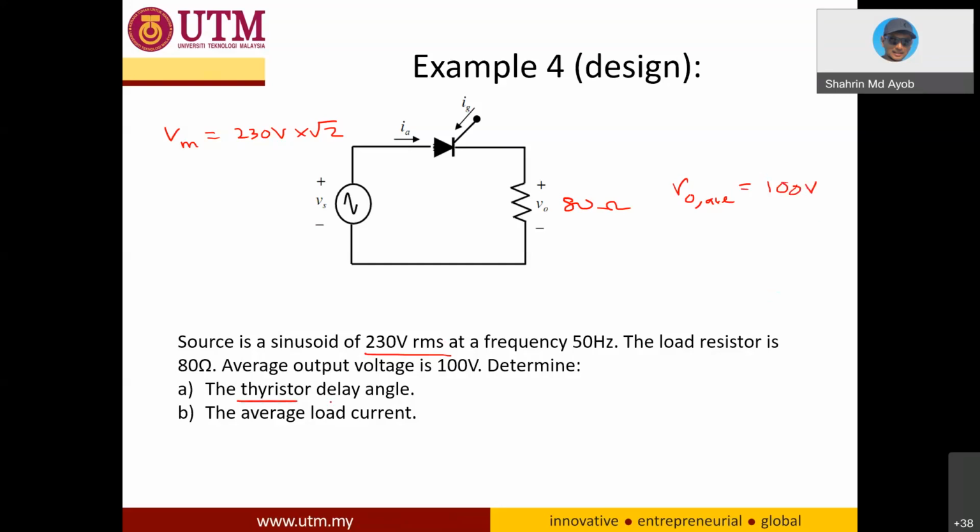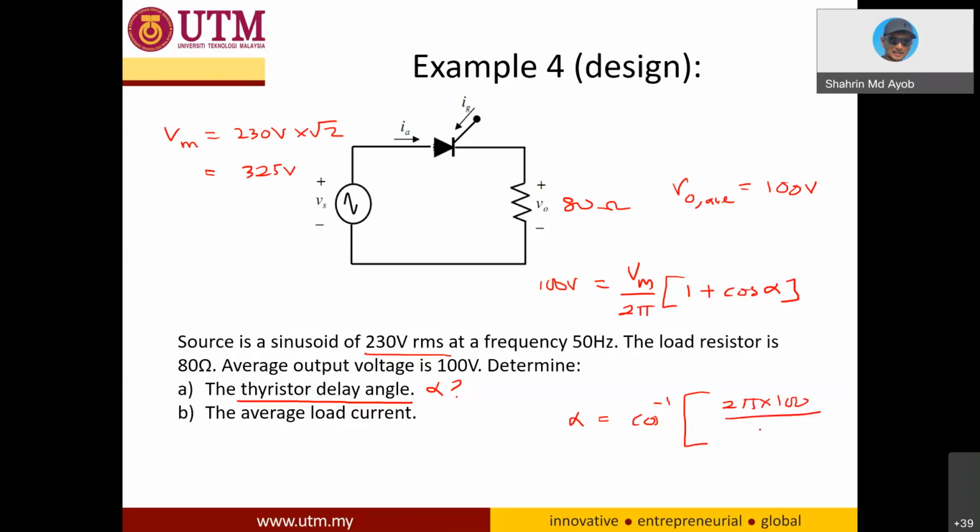So determine the thyristor delay angle, which is alpha. What is the alpha? Use this formula: 100 volts equals Vm over 2 pi times 1 plus cos alpha. Your Vm should be 230 multiplied with square root 2, so 325. Then you will obtain alpha is cos inverse of 2 pi multiplied with 100 over Vm